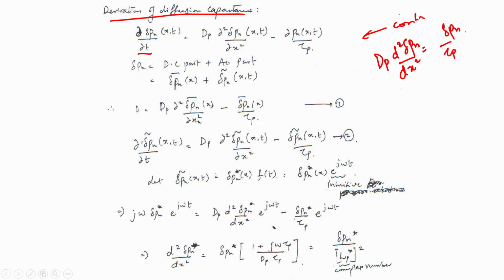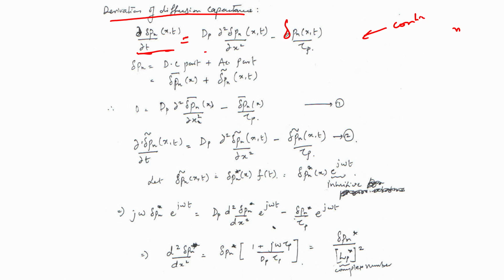But now we want to look at the transient response of the injected carriers, and therefore we have a time dependent derivative term on the left side. It is not steady state, and therefore if you recollect your continuity equation, this becomes your continuity equation,